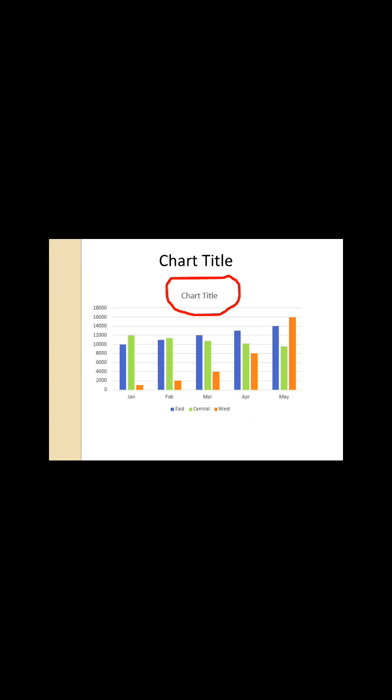chart title. Now the chart title describes the aim and the content of a chart, why you have created this chart. So here you can see this is the chart title. It appears on the top of your chart. So this red circle is showing the chart title. It basically describes the aim and the content of a chart. Now the next component is